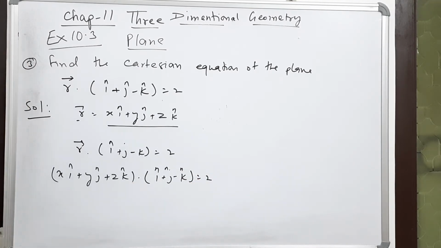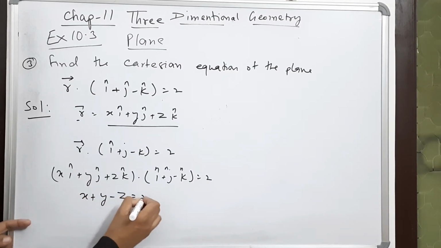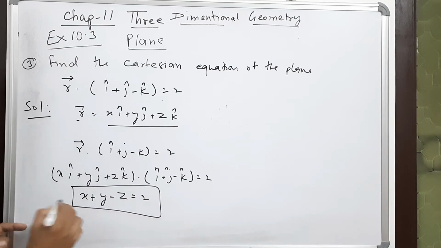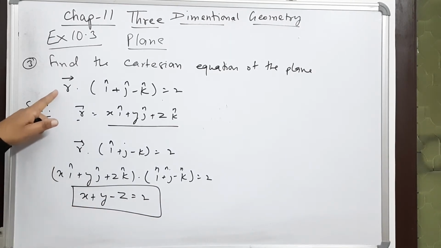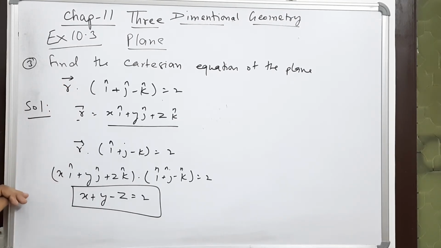So we have to find the dot product. So it is 1 into x, that is x plus y minus z equals 2. So this is the Cartesian form of a plane and this is the vector form of the plane. We can convert vector form into Cartesian form and Cartesian form into vector form. That is the interchange of one form into the other. There can be objective problems based on this in the exam. So these small aspects are very important from the examination point of view. Next problem.